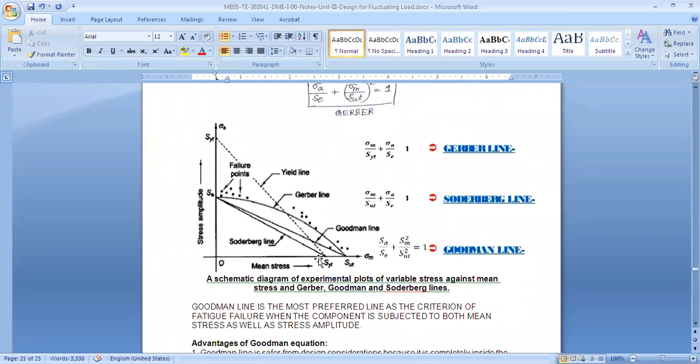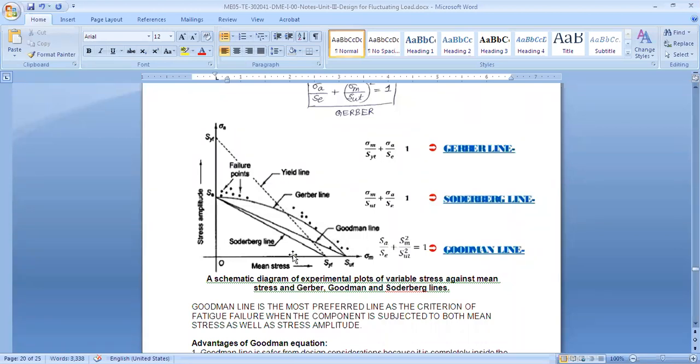If we plot the mean stress against the amplitude, and start plotting the failure points, for a given mean, at what amplitude does failure occur. The mean is fixed, but the amplitude, the variation of max and min from the mean, you change. That variation, if you change it, will start giving some failure points. So we plotted all the various points, and we saw that they fall along a smooth parabolic line called the Gerber line.